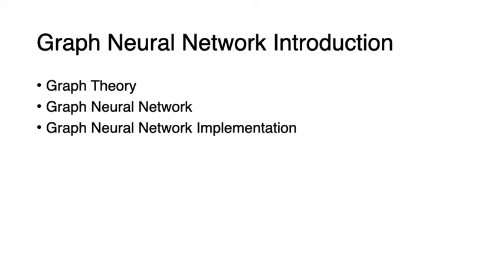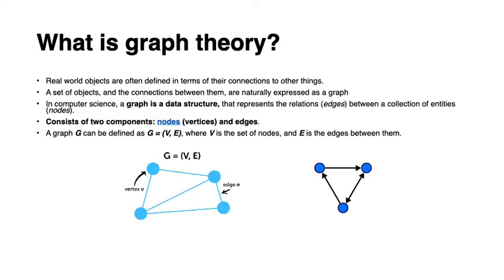The lecture on the graph neural network is divided into three subtopics. First, we'll discuss the basic graph theory. Here we will discuss the basic terminologies that are required to understand graph theory. Next, we will discuss designing a neural network that processes graph data. And finally, we will conclude with the implementation of the graph neural network using PyTorch. Now let's get started with the